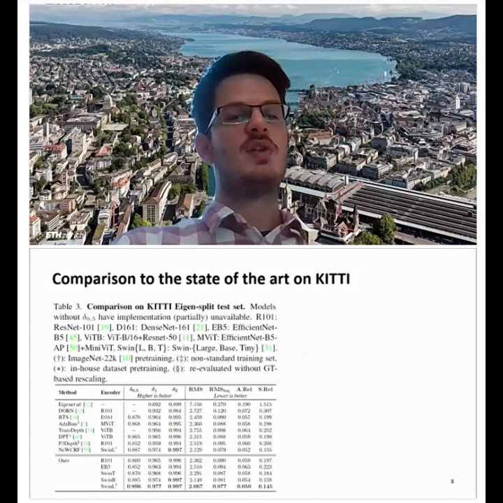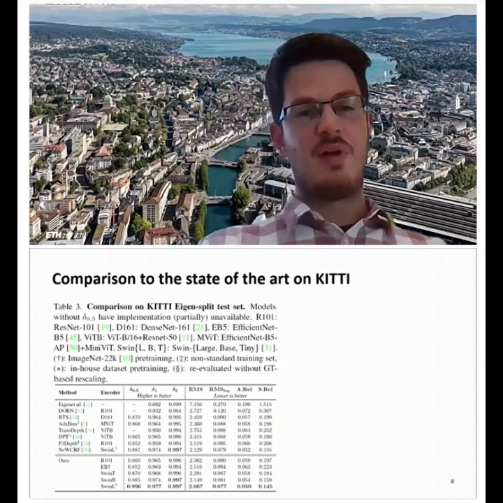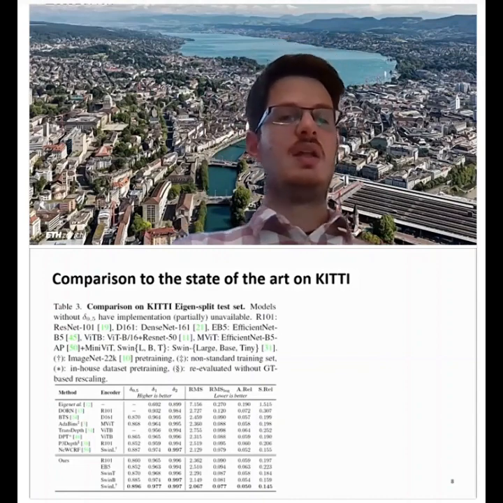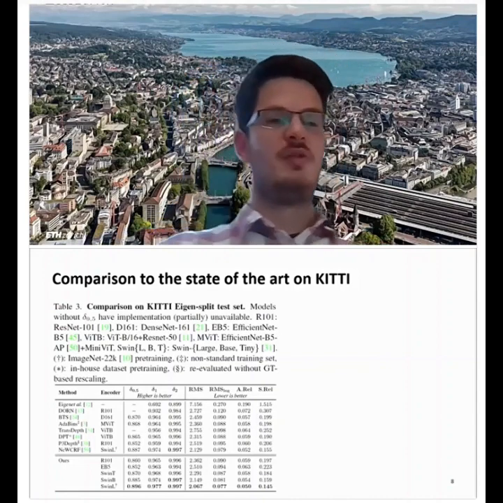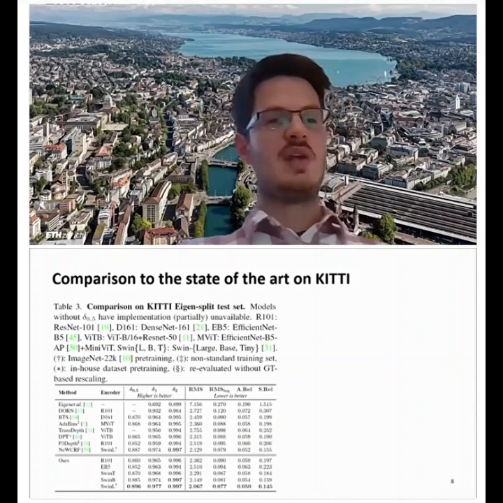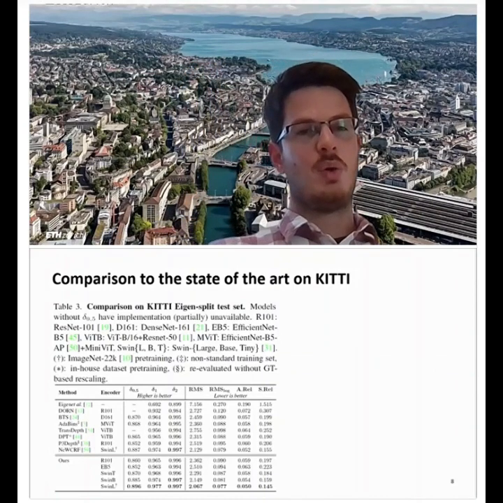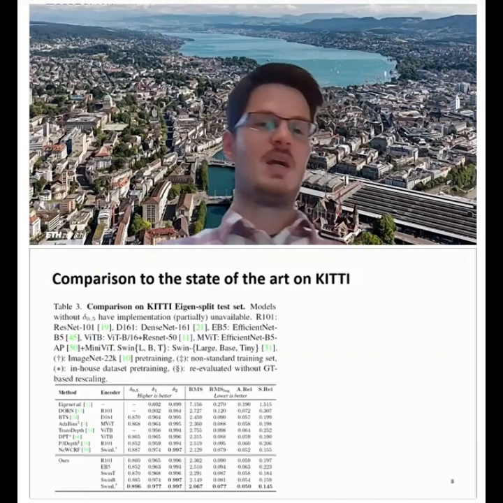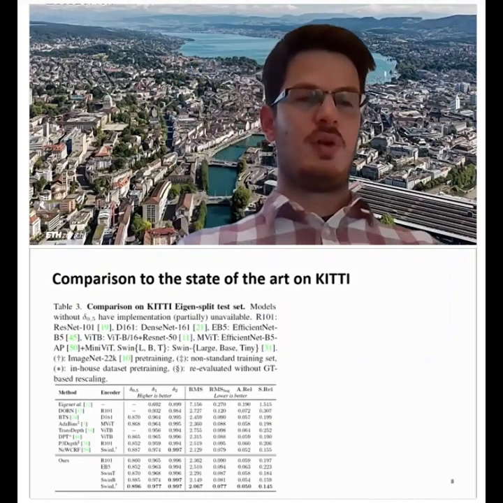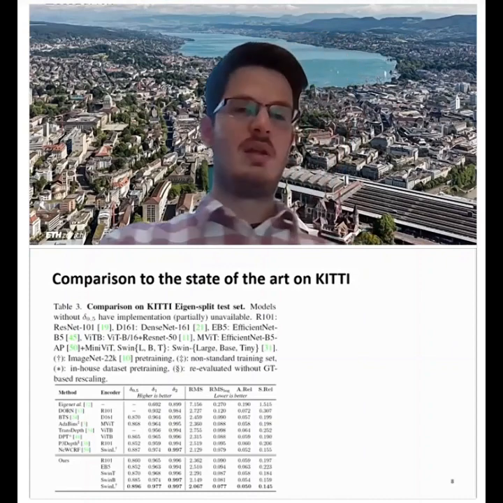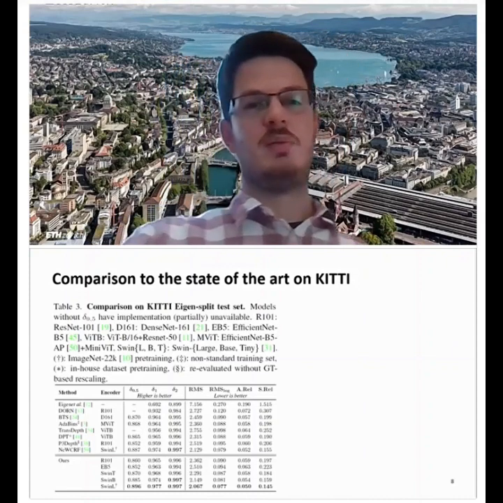So in this comparison, we can see that we have a clear benefit compared to previous state-of-the-art approaches. And this is true also for different backbones. We use a ResNet backbone, Swin transformer backbones, or EfficientNet backbones. And still, we see that for this variety of basic networks, we can always get significant improvement.